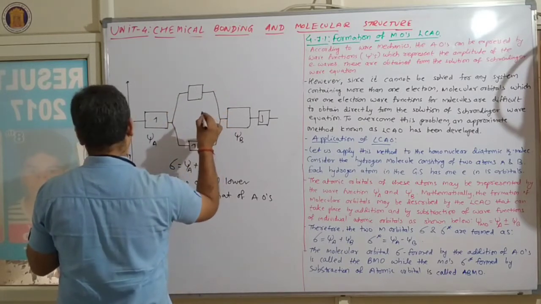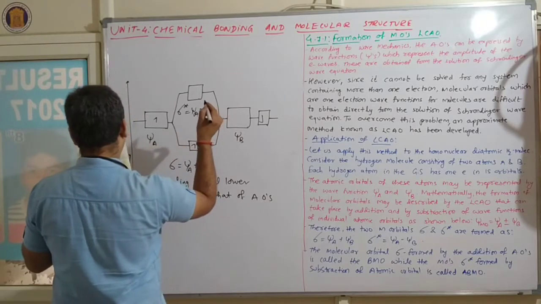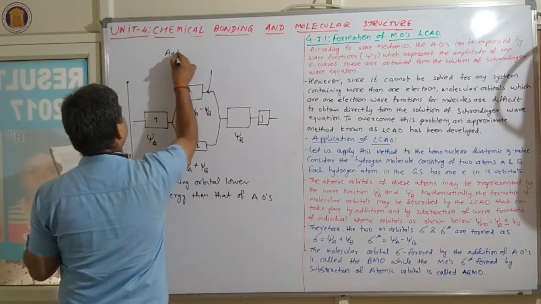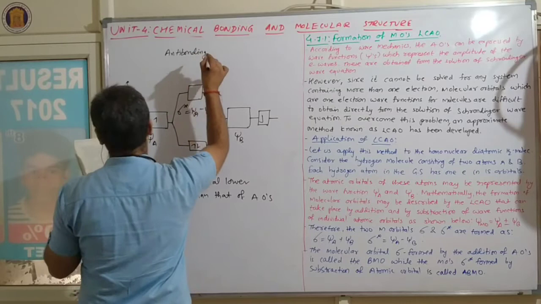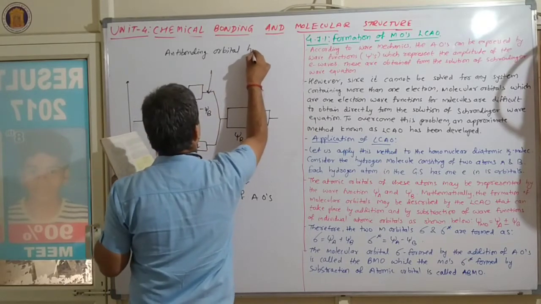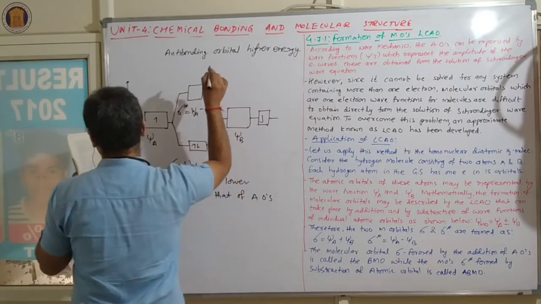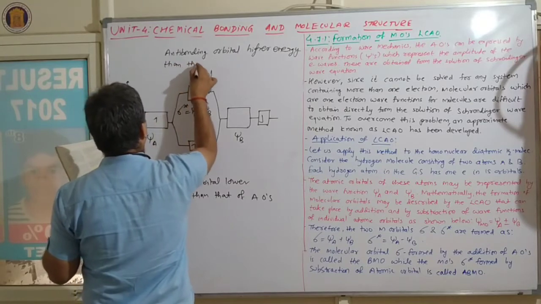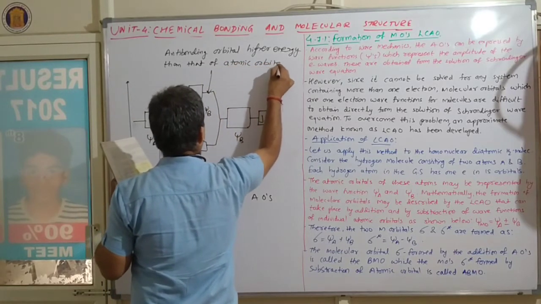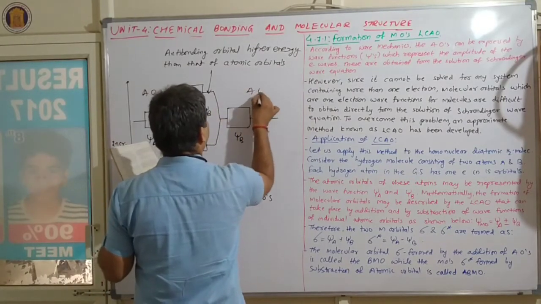नेक्स्ट वन ये आ जाएगा, यहाँ पे सिग्मा स्टार psi A psi B. तब इधर पे आपका क्या आएगा, तो this one is anti-bonding orbital. Anti-bonding orbital, higher. This one is higher energy than that of atomic orbitals. क्लियर हुआ? देखो इसको भी हम लोग क्या बोलते हैं, atomic orbital, और ये भी क्या है, atomic orbitals